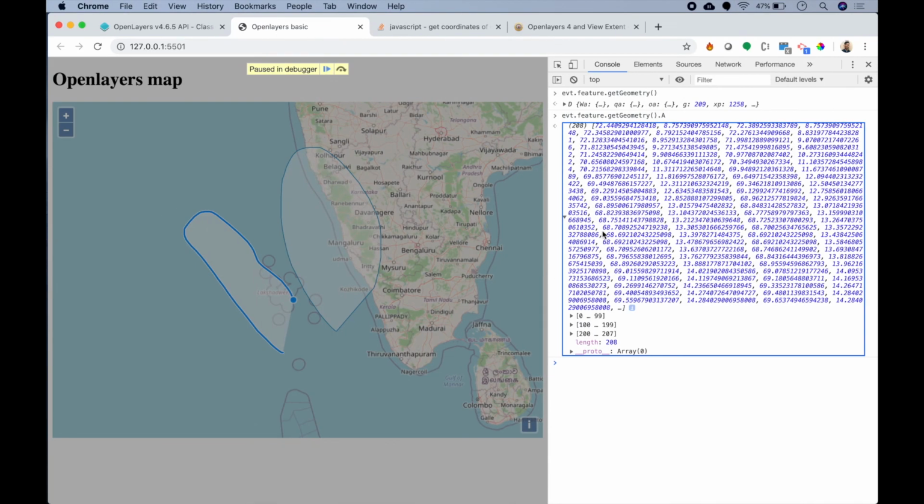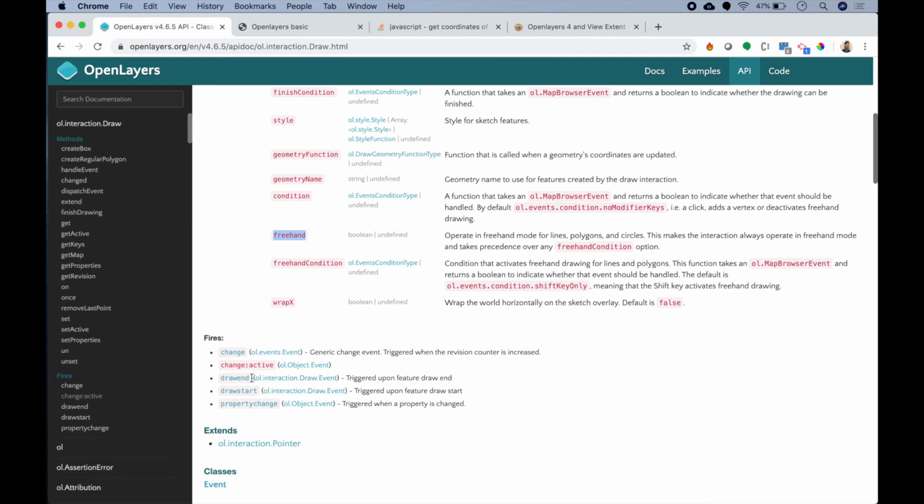So basically you get the idea that now that I'm getting this geometry, I can save it in my database or somewhere from which I can use it for my further calculations, right? A similar thing we can also do with the draw start. For example, I can change my mouse to a loading cursor or a pencil cursor or something like that with these events.